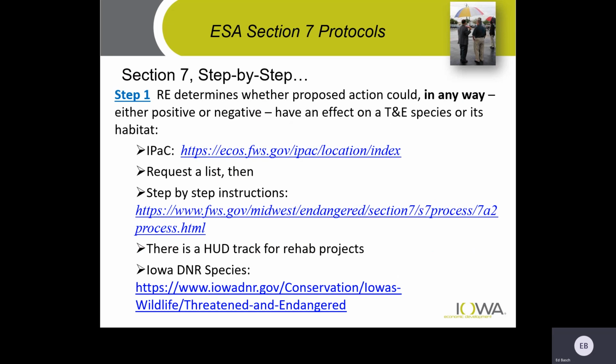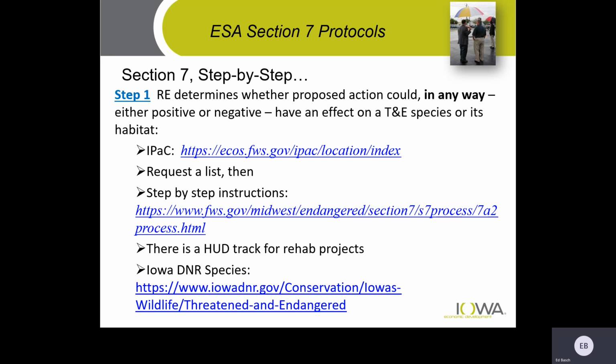So step by step, the RE, responsible entity, again, the locality, determines whether the proposed action could in any way, positive or negative, have an effect on a threatened or endangered species or its habitat. So this is the website you visit for a listing of threatened or endangered species, and then follow the Section 7 instructions.